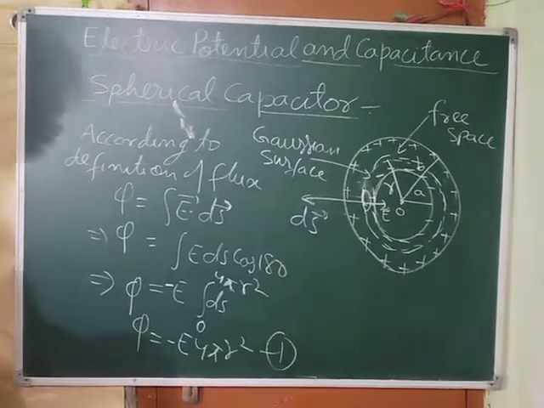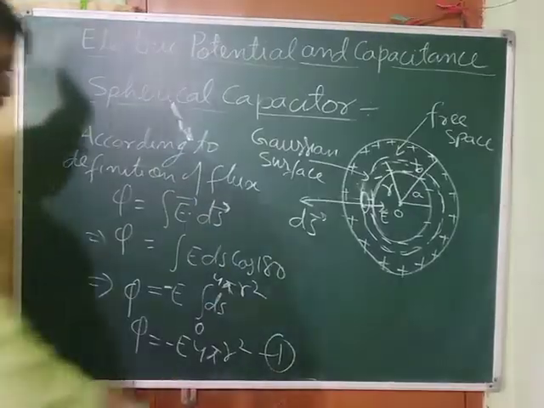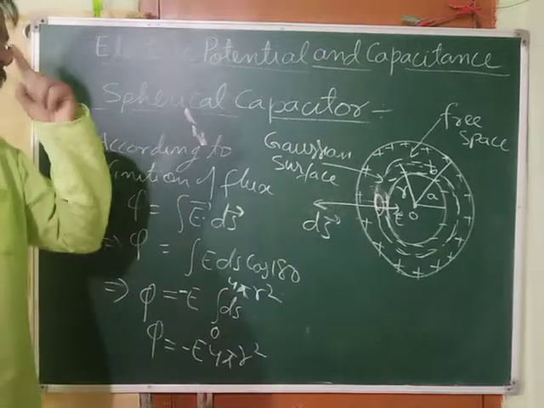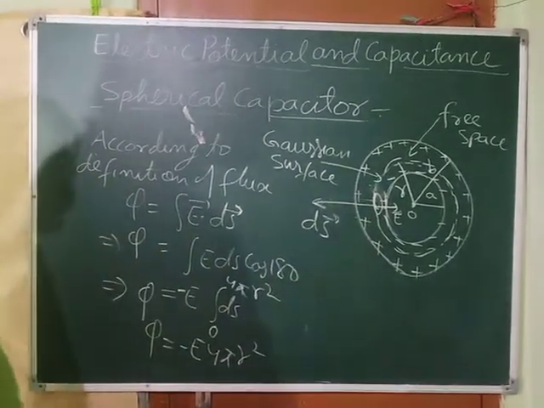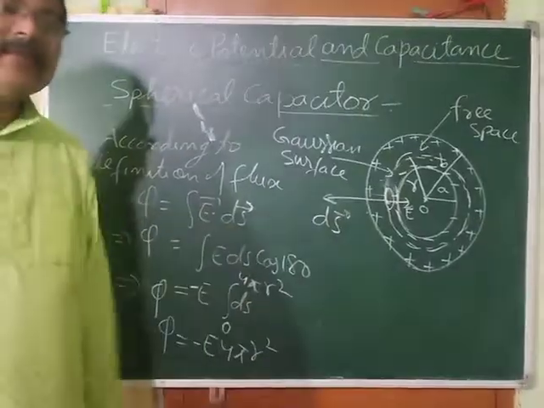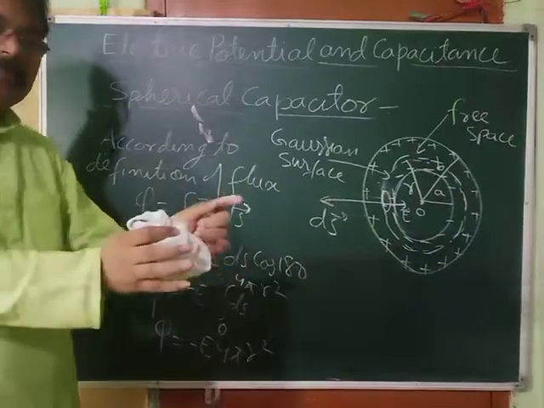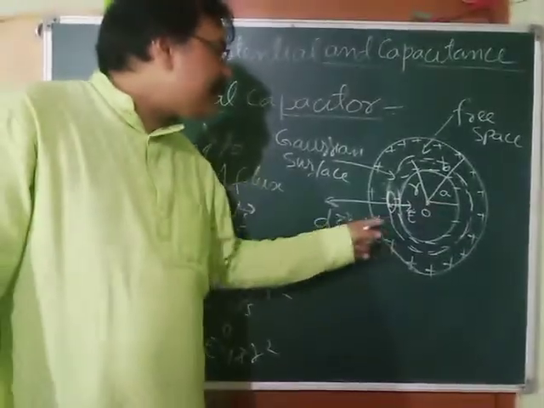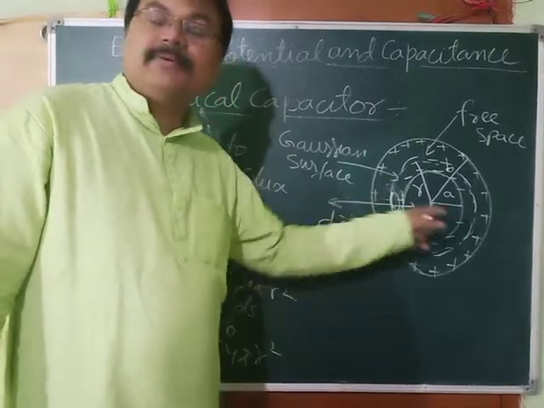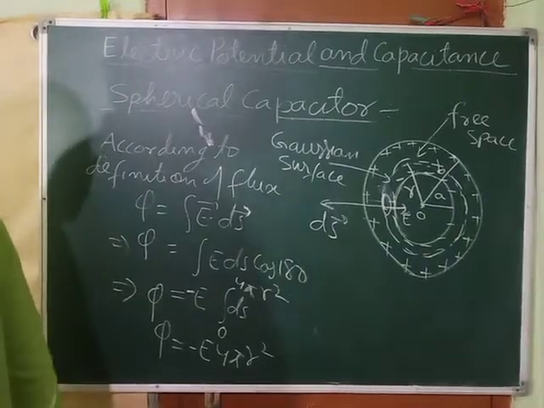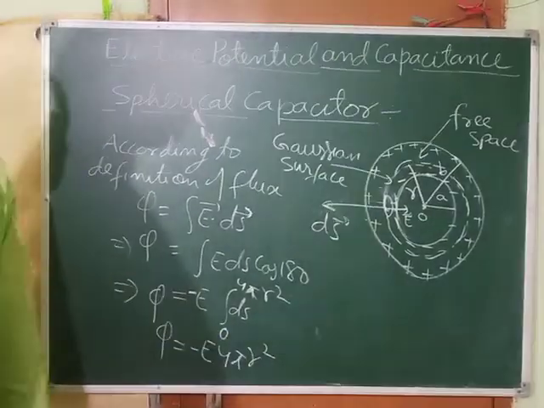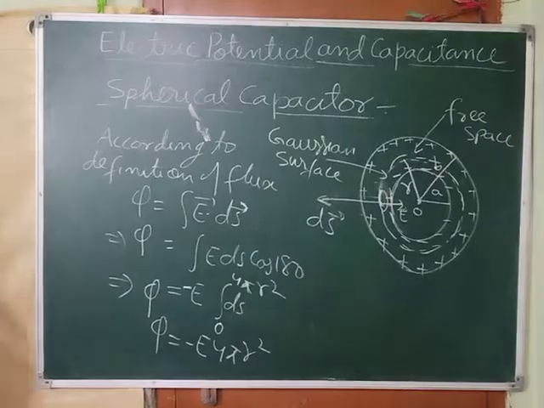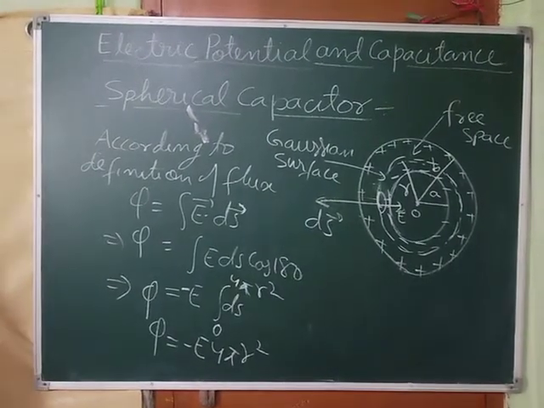But before marking this as equation number 1, see here, what does this negative sign indicate? For flux there is a sign convention. When flux is entering a surface, the flux comes negative. When flux is moving out of a surface, it comes positive. So it is coming negative because the electric field is directed in this direction, so flux is entering this surface. That's why it is coming negative. But the flux is E into 4 pi r square. The negative sign indicates that flux is entering the surface. Clear? Just note it down. Noted? Okay.